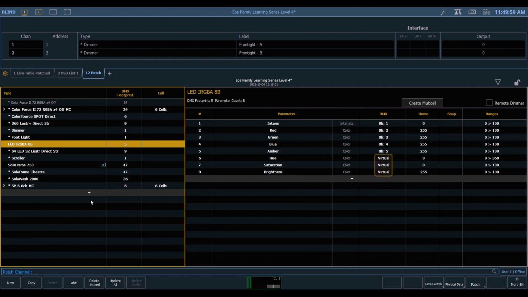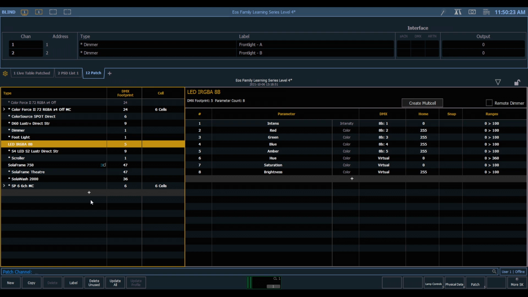And then our final three parameters here are virtual. These are parameters that are calculated by the console, but it's not actually outputting any extra DMX. So what this allows us to do is control fixtures in various ways.